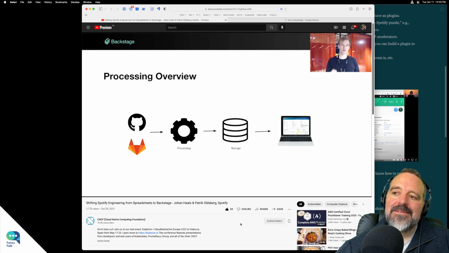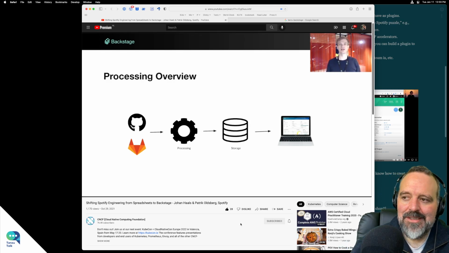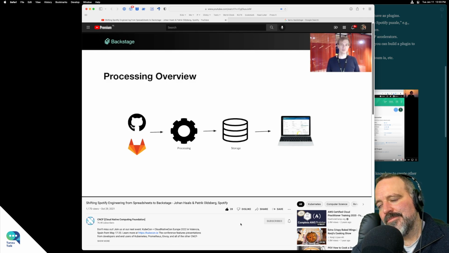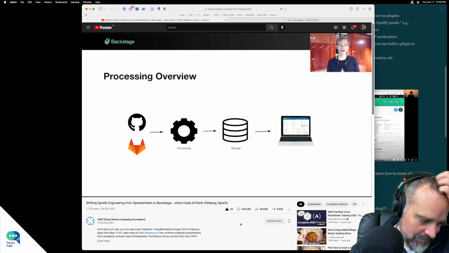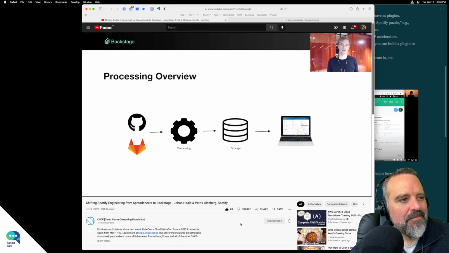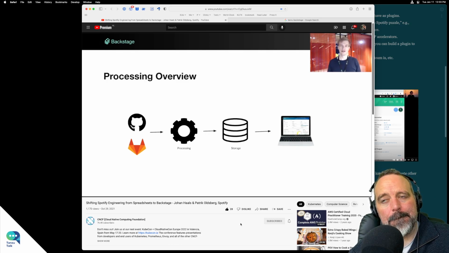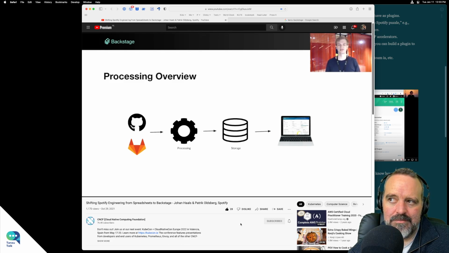However, processors can do much more than just reading YAML. They can, for example, handle validation or call out to external systems to decorate or even generate new entities. The catalog does give you a default set of processors, but writing your own ones is a key point of customization when adopting Backstage. Finally, after the entities have gone through this round of processing, they are made available through an API that powers the front end.